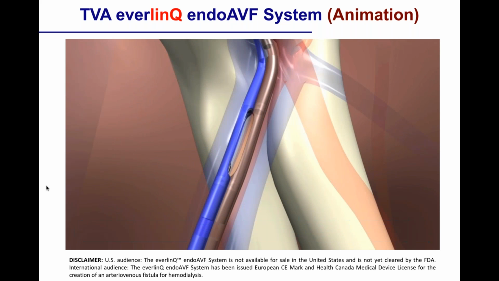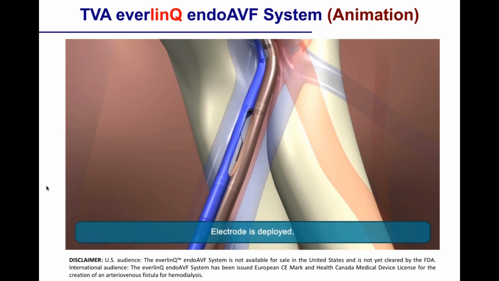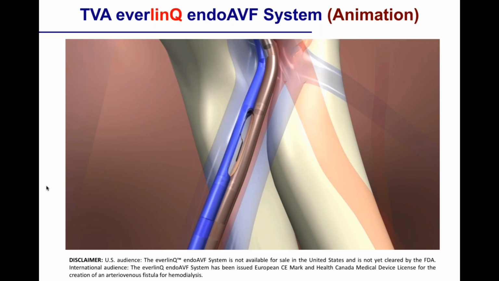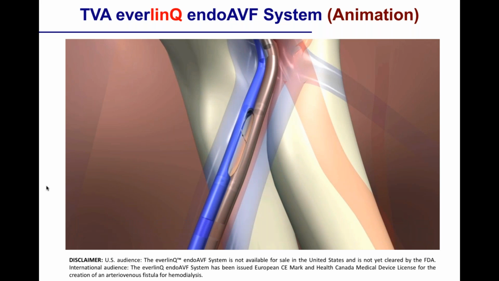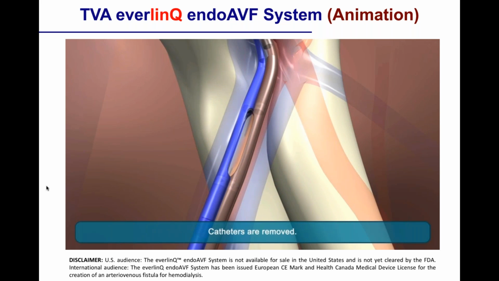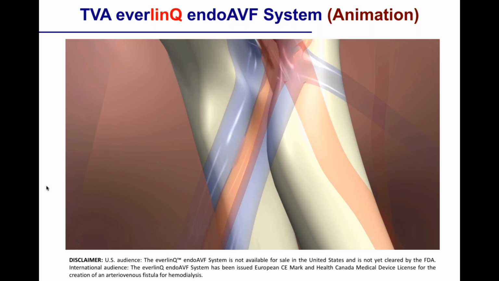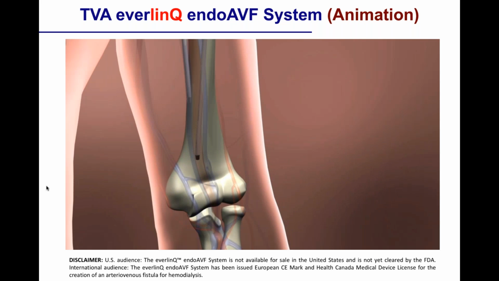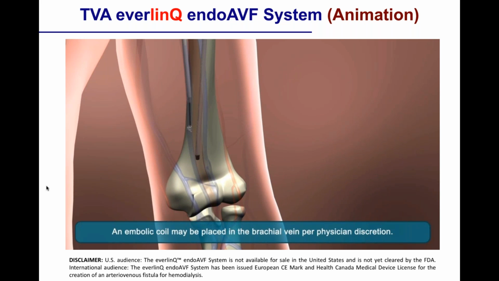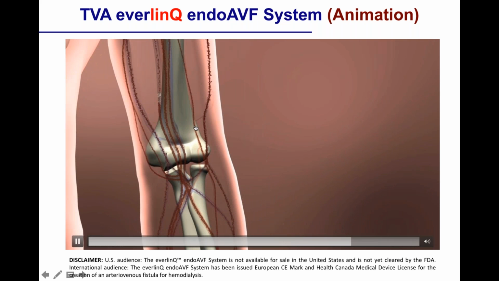The catheters have the magnets which bring the arterial and venous catheters, the artery and the vein, together. There's then a little device in the middle of the magnets that gives you a radio frequency blast. That creates a hole between the artery and the vein. The catheters are removed, blood flows through the endovascular fistula, and then a coil can actually be placed, as you